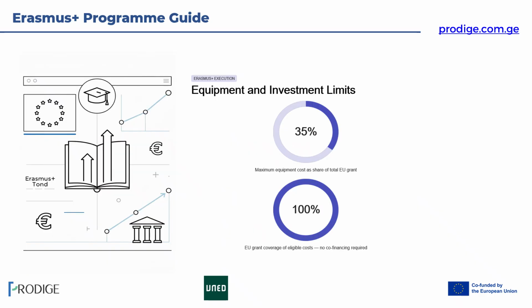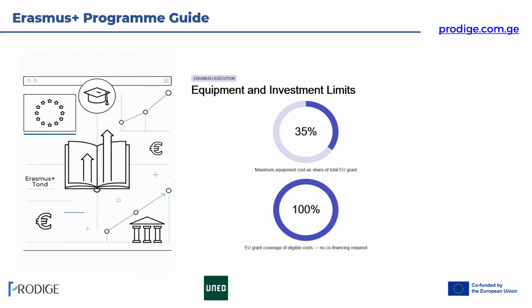One very important rule to remember is the cap on equipment. While you can buy tools or technology needed for your project, equipment costs cannot exceed 35% of the total EU grant. This ensures that the focus remains on the action and the people, rather than just buying hardware. On the positive side, the EU grant covers 100% of eligible costs, meaning there is no mandatory co-financing for these